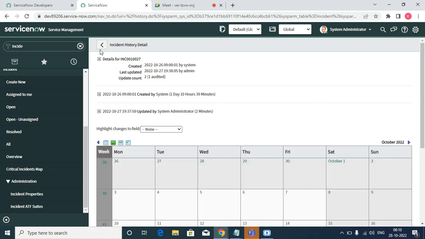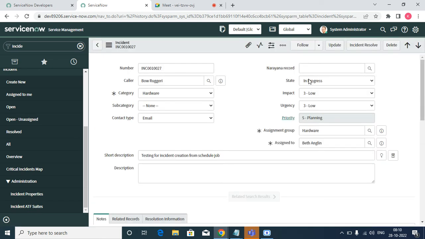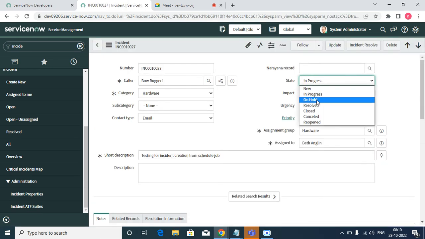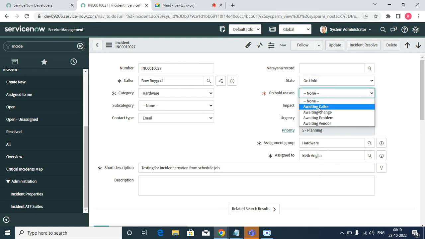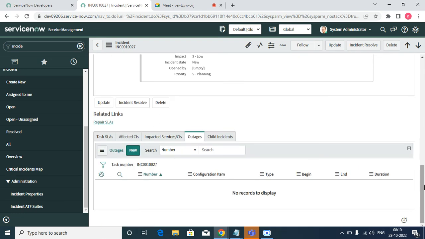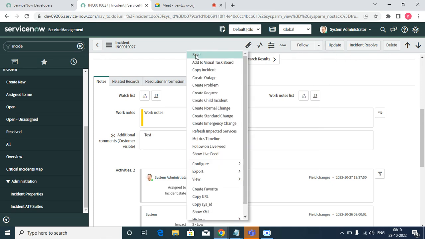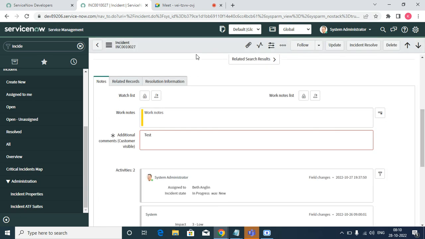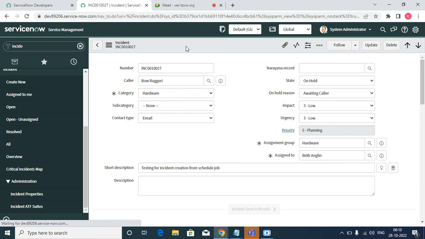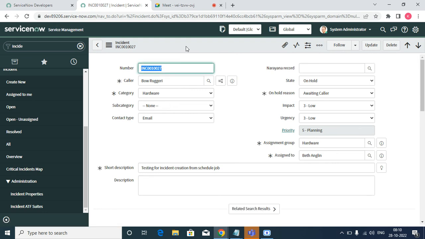So like that, it will go to the one, or else if you make it as an incident to resolve, for example, awaiting caller, and I am just going to update a few comments. Comments, in the sense, test, and I am just going to save this record. So if I save this record and go to the history,